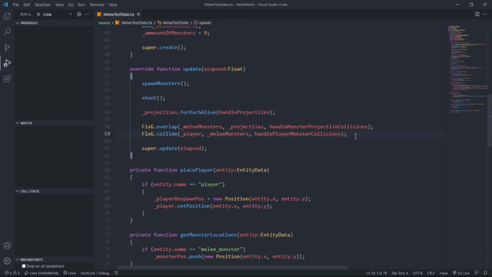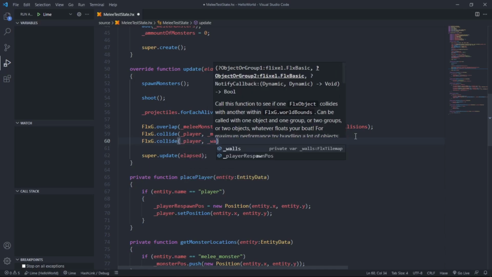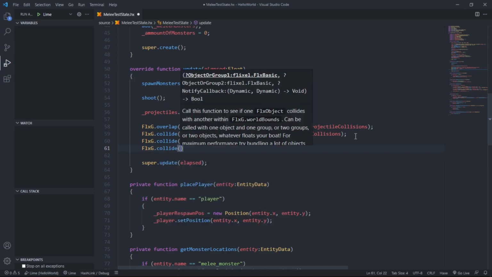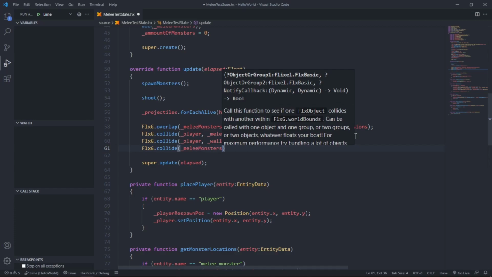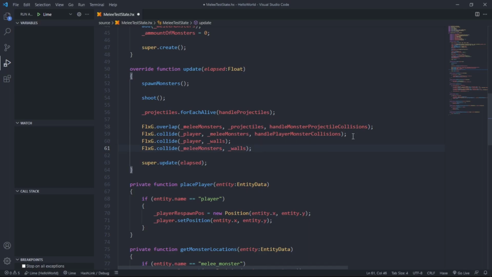So here in the update function, we want to say flxg.collide player, and so we collide the player with the walls, and we also want to collide the melee monsters with the walls, and just above those two we say